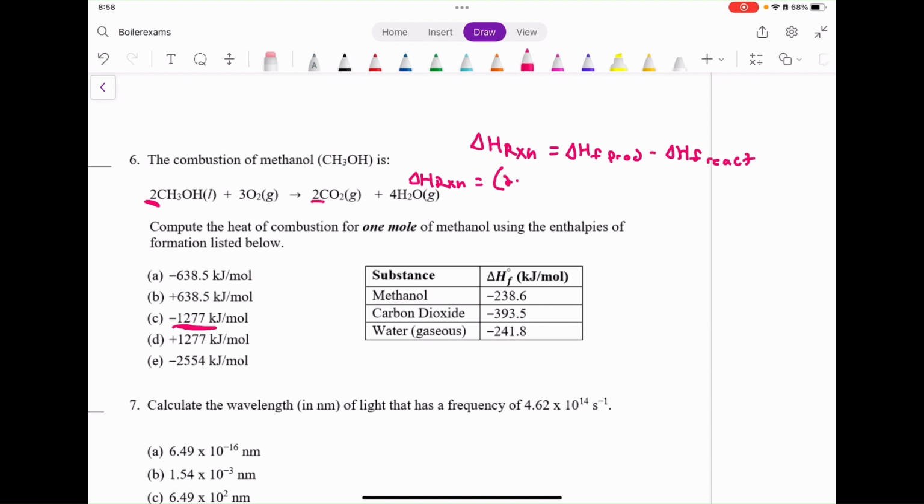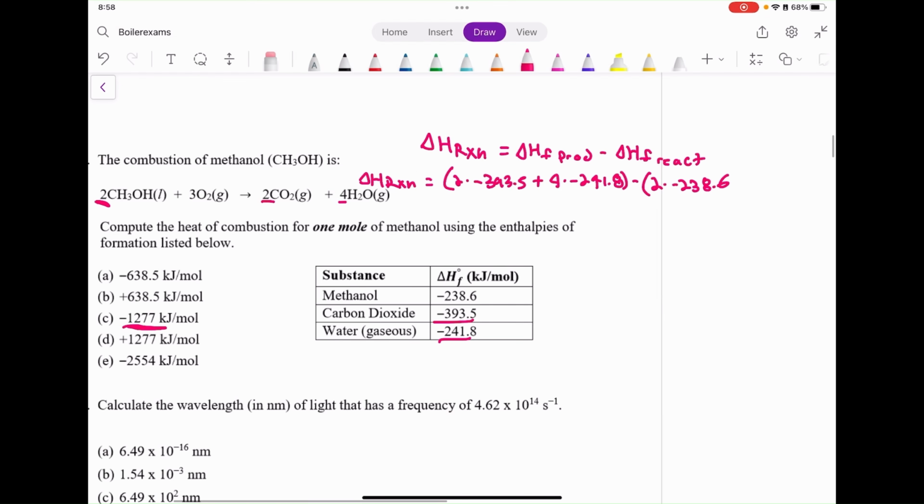We have a stoichiometric ratio of 2, so 2 times negative 393.5 plus the other product, which is water, 4 times negative 241.8, minus the reactants, which is methanol, which has a stoichiometric ratio of 2 times negative 238.6,